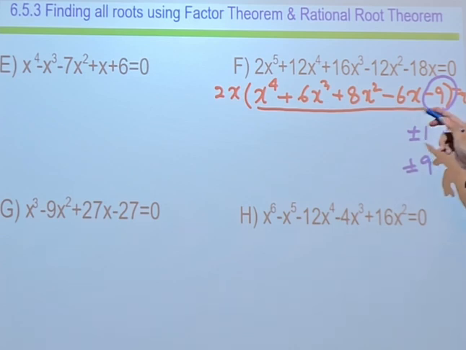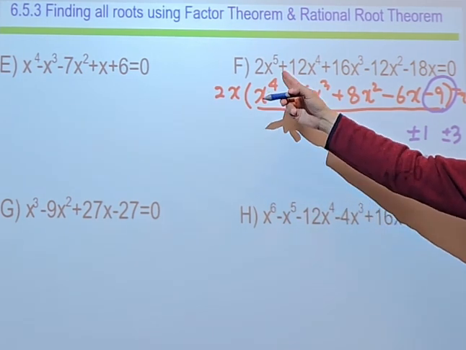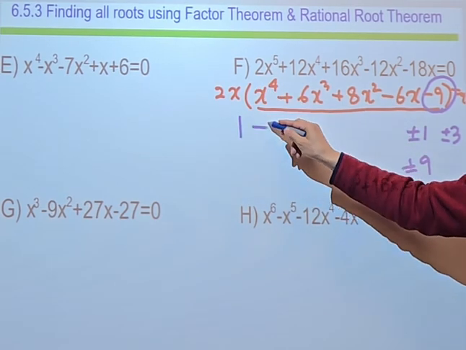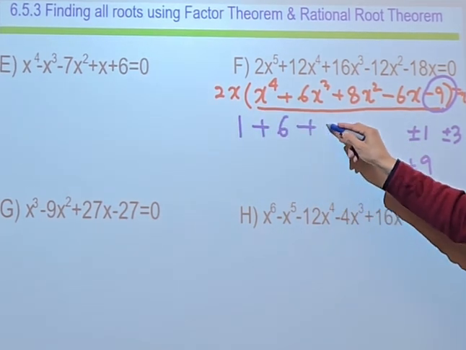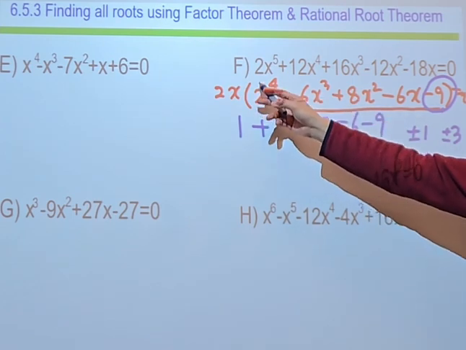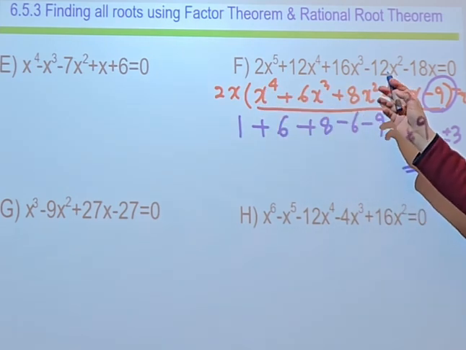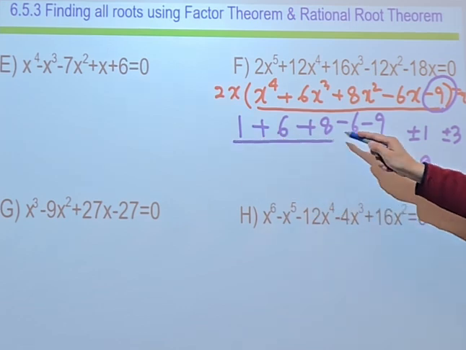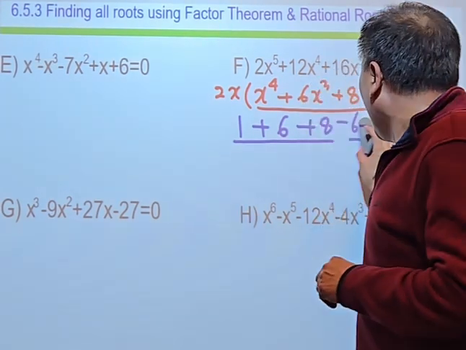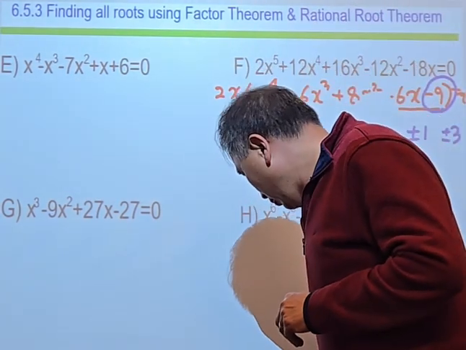Okay? So positive 1, that means when you put in x equals 1, everything will be just 1. So you just use the coefficients: 1 plus 6 plus 8 minus 6 minus 9. 1 to the 4th power is 1, 1 to the 3rd power is 1, and so on. So you calculate, this is plus 15, this is minus 15. Wow, that's 0. Everybody got it? Yes. So after you find 1 as a zero, you don't need to